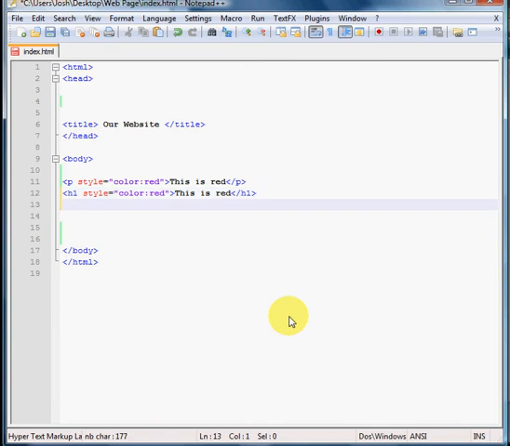Now, there are other things that you can change as well. You can change the entire font, so if you don't like the Times New Roman or the Arial or whatever it is you're using, you can change the font. And you do it the same way. So we're going to start with a paragraph or a header tag. I'm going to use a header tag just because it's larger. Style equals, and this time you're going to put font-family,